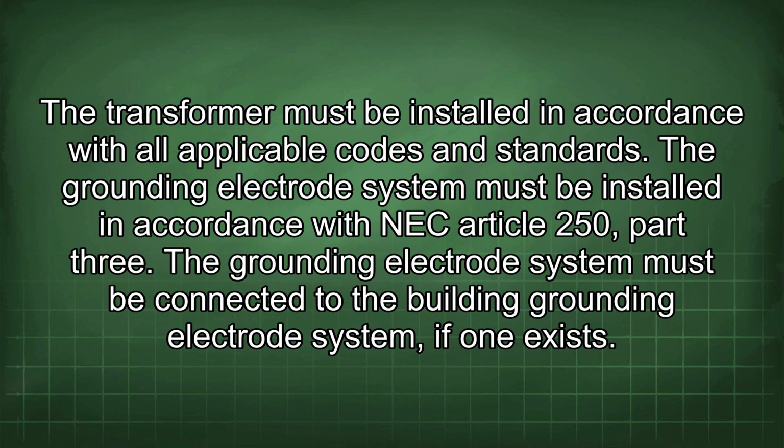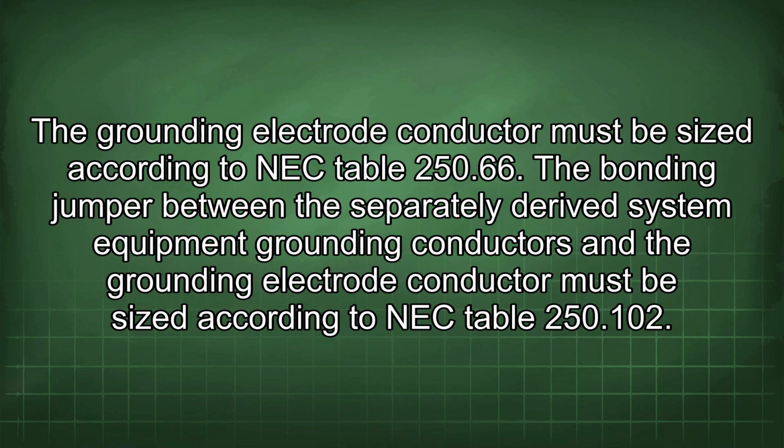The grounding electrode system must be installed in accordance with NEC Article 250, Part 3. The grounding electrode system must be connected to the built-in grounding electrode system if one exists. The grounding electrode conductor must be sized according to NEC Table 250.66. The bonding jumper between the separately derived system equipment grounding conductors and the grounding electrode conductor must be sized